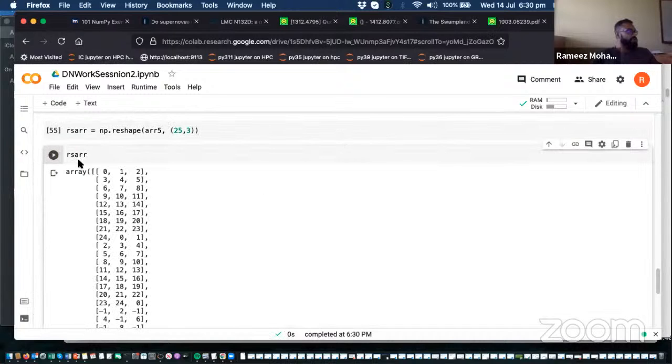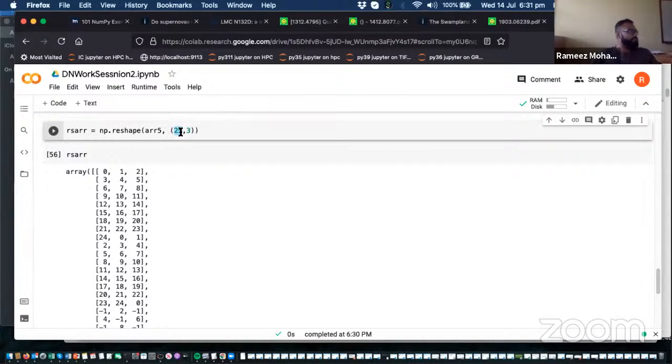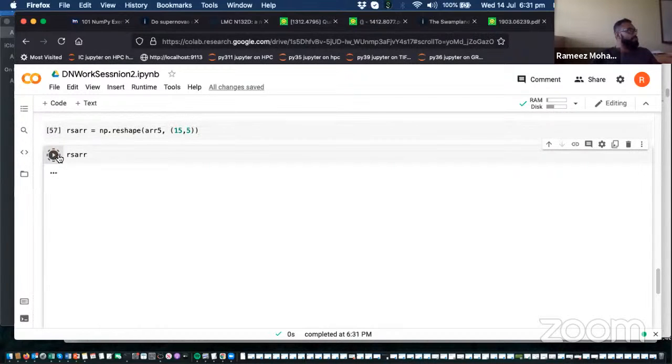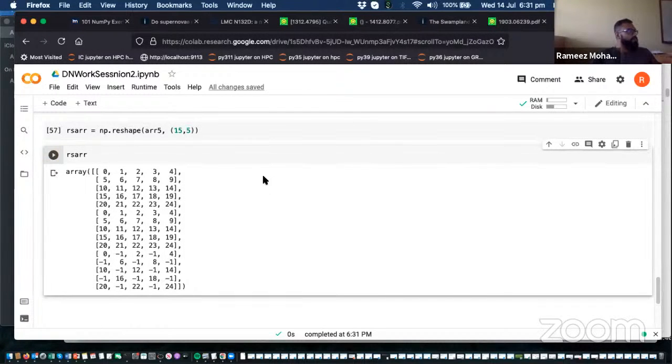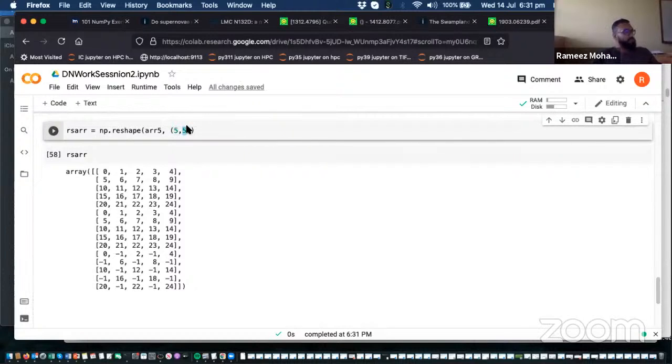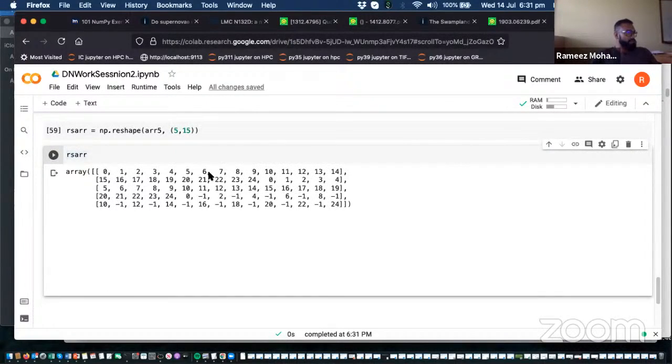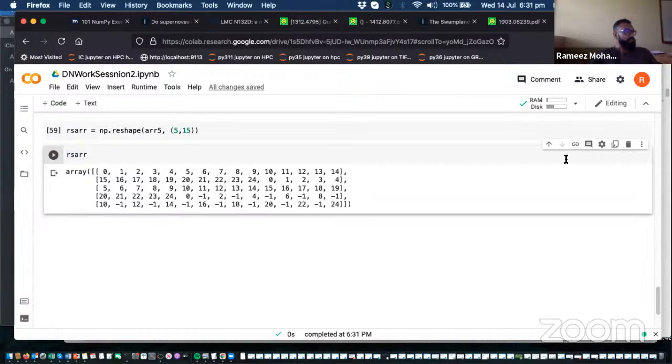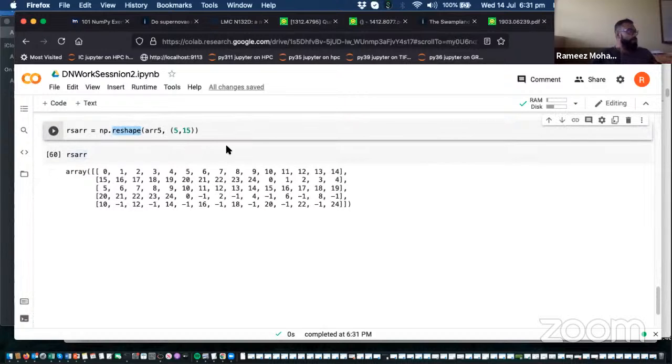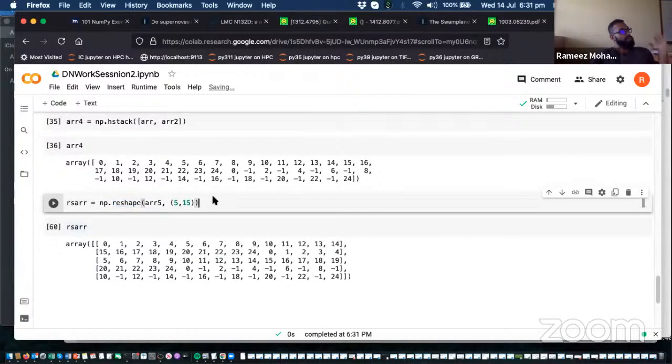give me an array which has 3 columns and 25 rows. I can also give it, for example, let us try what are the other ways you can. 15,5, and I get 5 columns, 15 rows. I can give it 5,15, and you'll notice that I'll get 5 rows of 15 columns each. So this reshape is a powerful tool to turn any given Python NumPy array into an array of